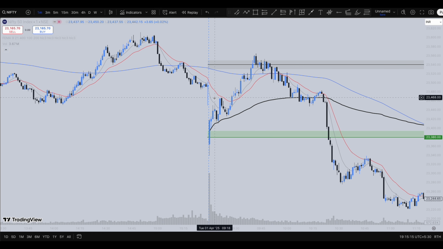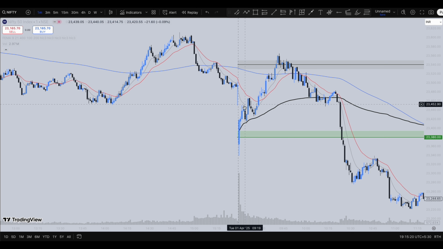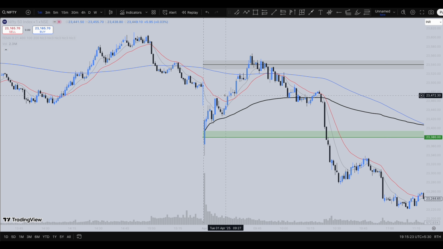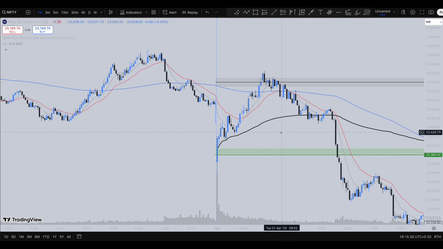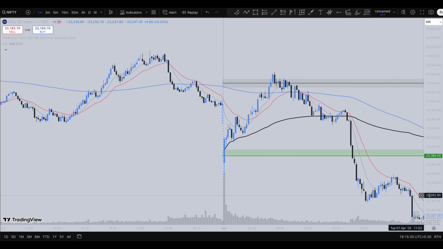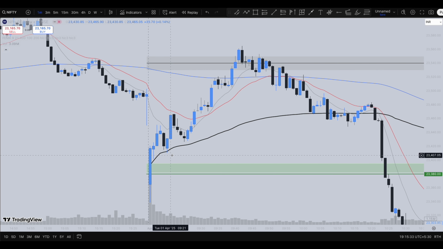And you can expect random sellers here because the market has gapped down and the bearish sentiment would have been there. So to target all those sellers, the market has to go and target all those sellers, guys. And you can see this kind of momentum towards the upside. And since it is expiry day, you can expect some kind of manipulation.